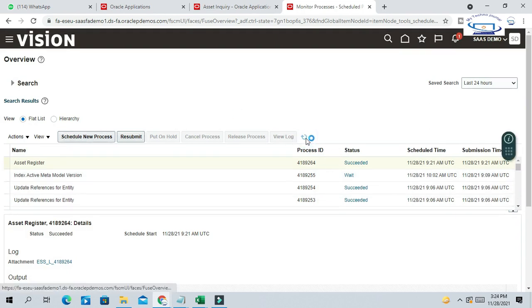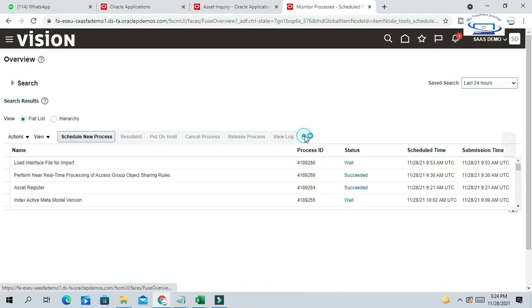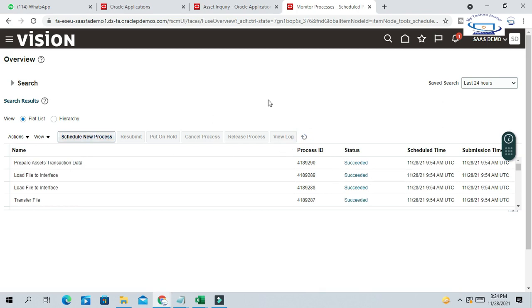So now this program will place the file into the interface. So now it is in the interface. What is the next process? Now we have to import the file into the base table.